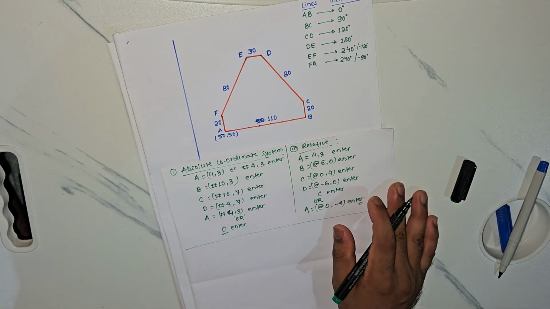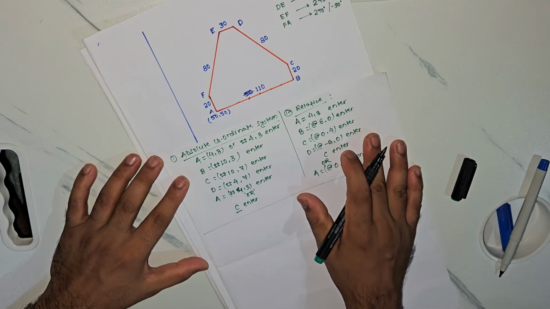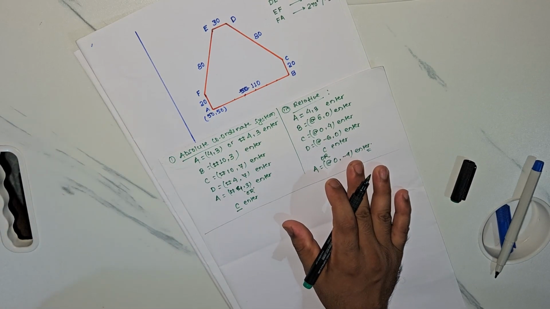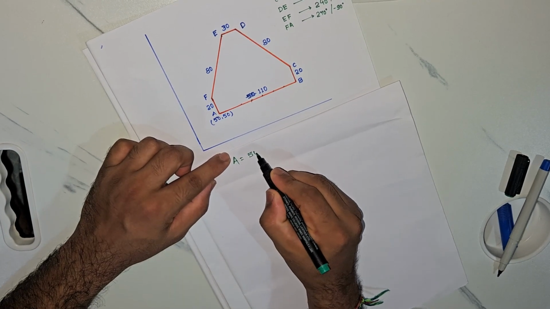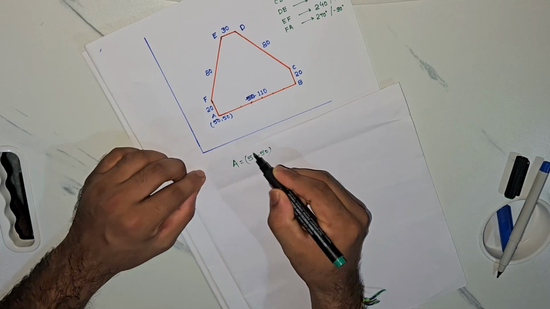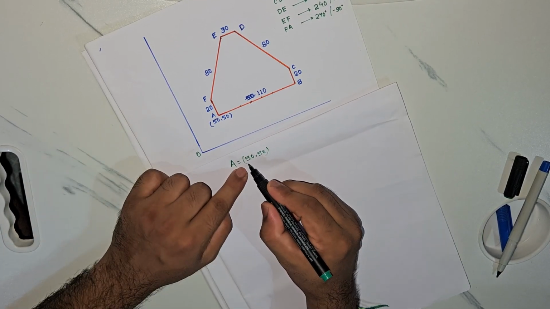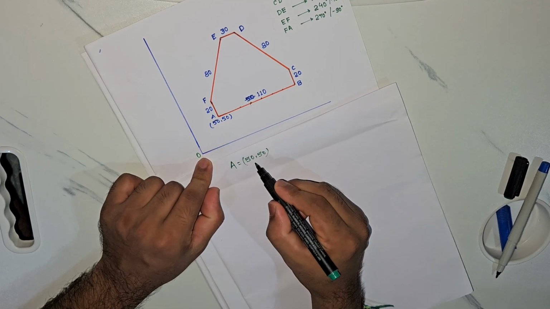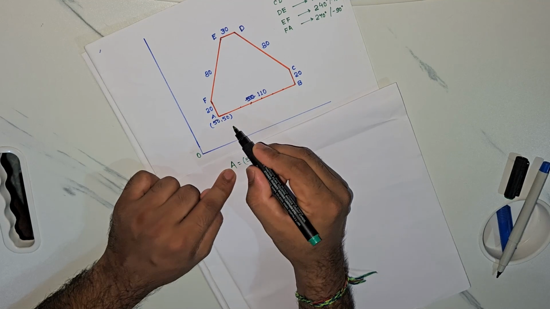So how will you draw? To draw this, we will use the polar coordinate system. For the polar coordinate system, let us see what the coordinates will be. For A, we can simply write 50, 50. This will be measured from the origin O. So it will be simple to just type 50, 50.